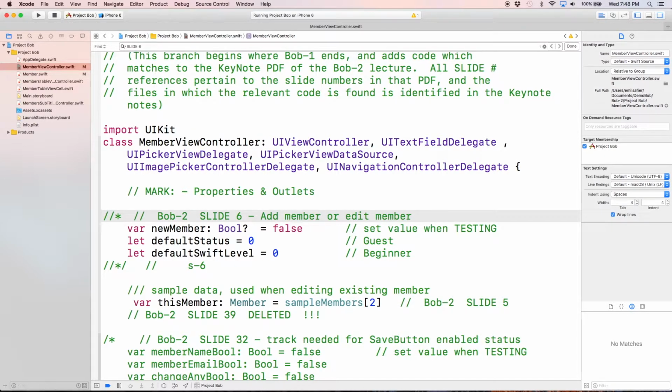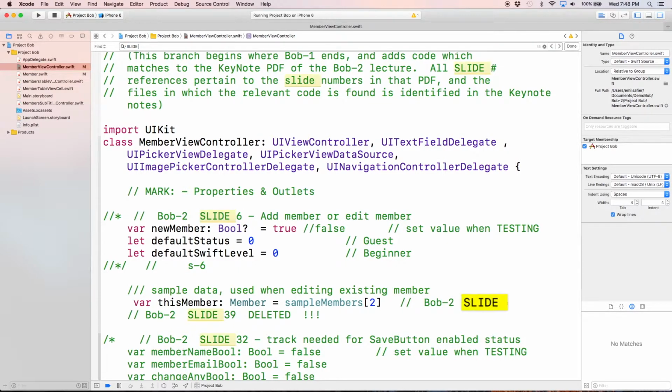Anyway, so it's a new member, so we'll have to set this to true, right? So we'll just say true. And that's a very quick way of just switching things. It becomes so we know it's a new member, and then let's just make sure we don't have any other